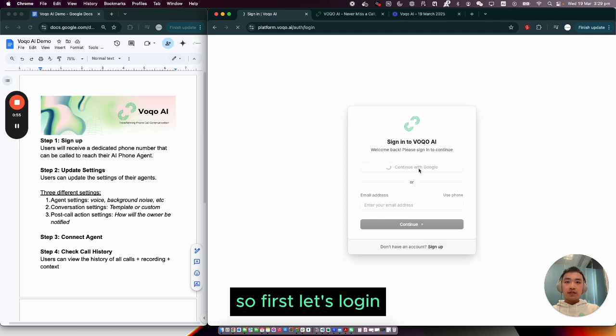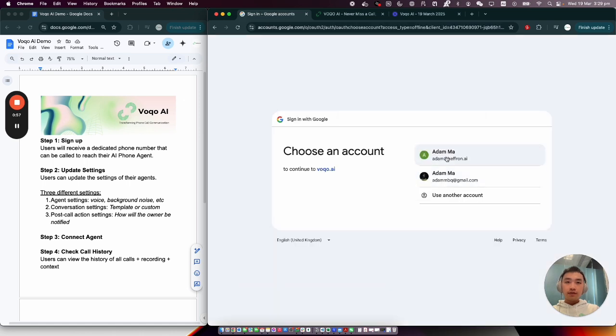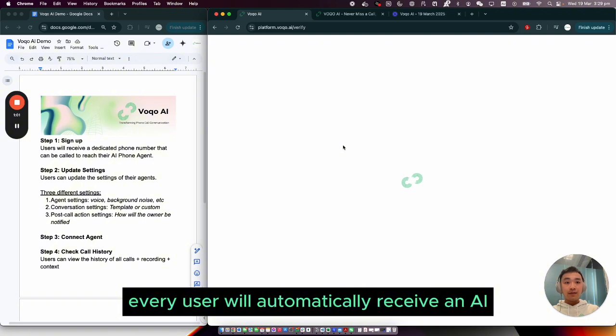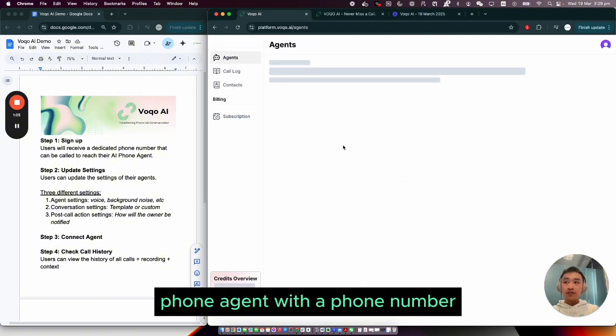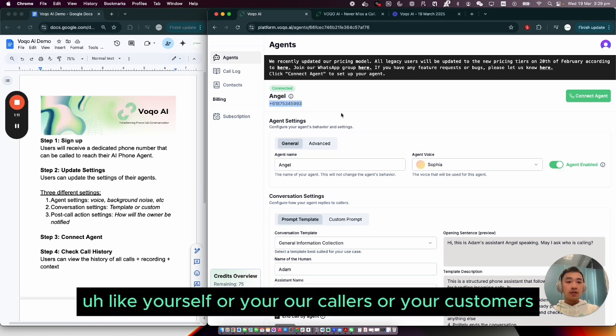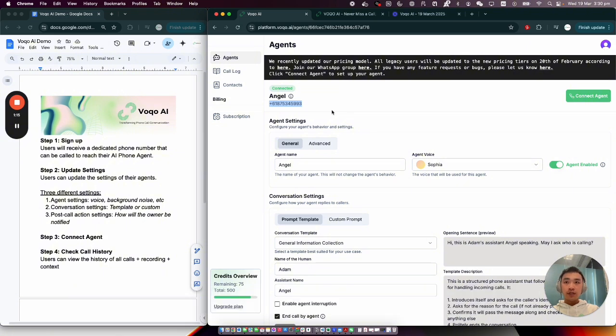So first, let's log in. Upon signing up, every user will automatically receive an AI phone agent with a phone number. And this phone number will be the interface that users like yourself or your callers or your customers can reach